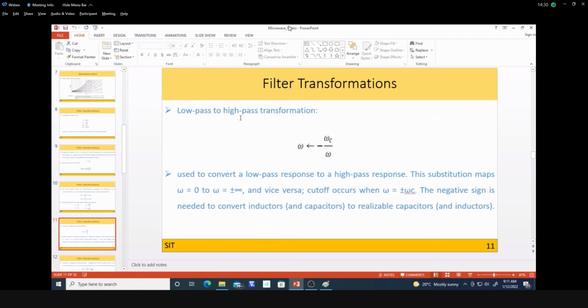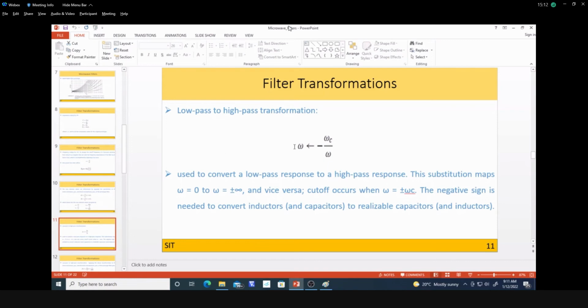Okay. So now if I want the low pass to high pass transformation, we have already seen the process of filter implementation: first we need to get the specification, then we design the low pass prototype, then we do frequency scaling and impedance scaling, then finally the implementation part. In that implementation part we are transforming, whichever is required. Okay. So whether it is low pass to high pass or low pass to band pass, like that. So now you can see the low pass to high pass transformation. How we can do it is, we replace omega by omega c by omega, with a minus sign: minus omega c by omega. So this is the transformation we are going to apply.